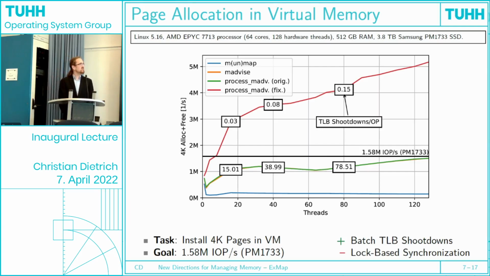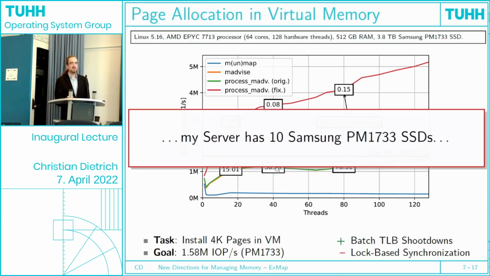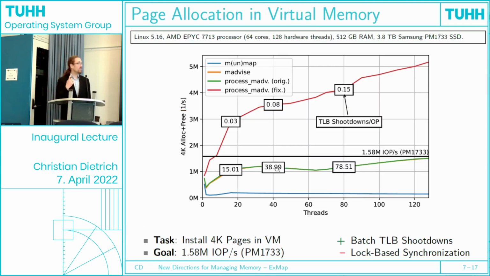So looking a little bit more into this, what we see is that for every operation that we do, for every eviction of a page, we have to do a lot of TLB shootdowns. TLB shootdowns means that the operating system has to actively manage the caches within our MMU. So for every eviction, we send a lot of interprocessor interrupts, and we really can see that here for 40 threads. When you evict a single page, you have to send 39 TLB shootdowns for one operation.